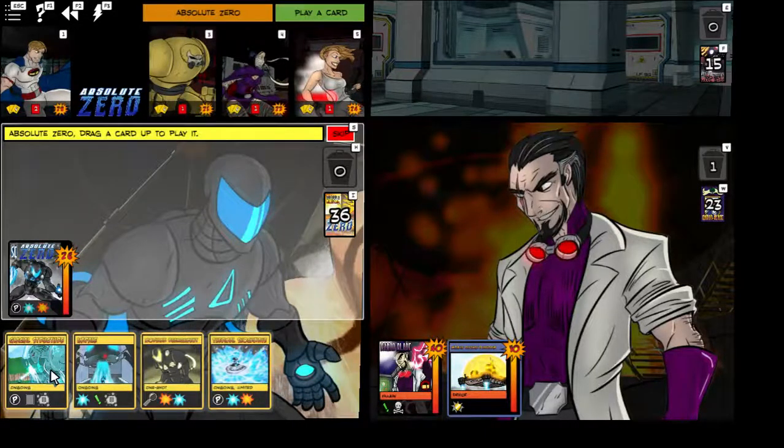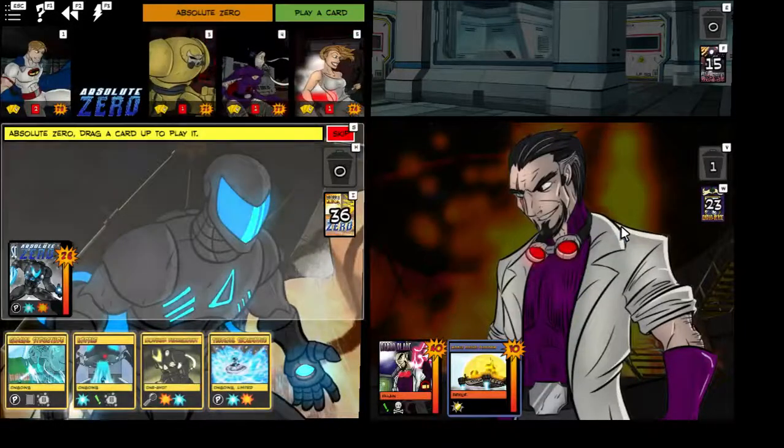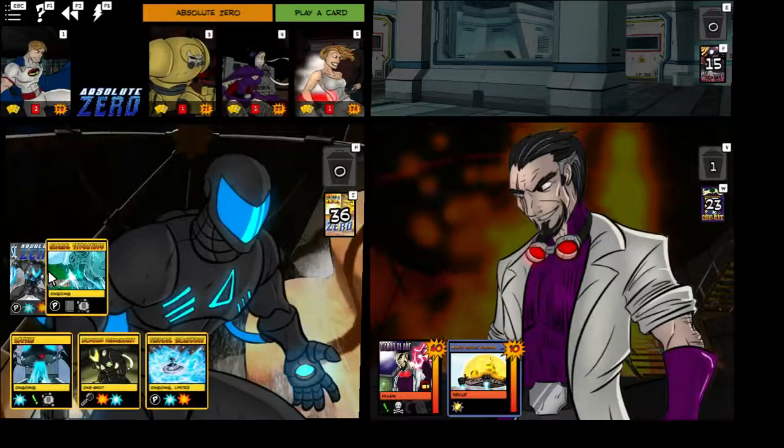Now, at this point, I forgot to mention, the mobile defense platform makes Baron Blade immune to damage. So he's up here on Mars in his big ship. We have to punch our way through the ship before we can get to him and punch him down. Despite the fact that dealing some damage would be useful, I can't actually do that, so I'm going to play